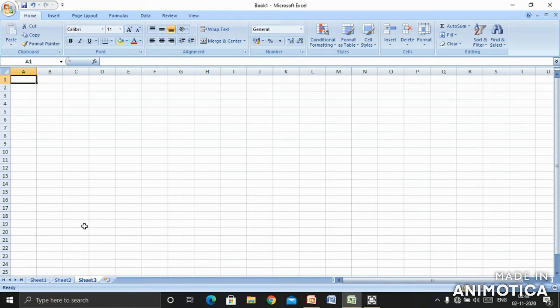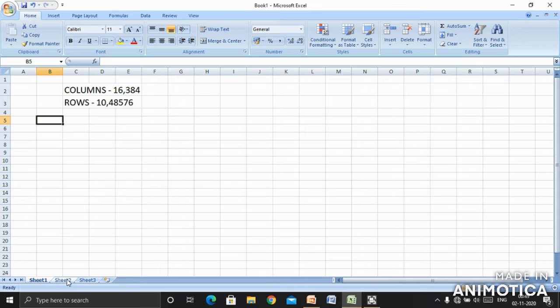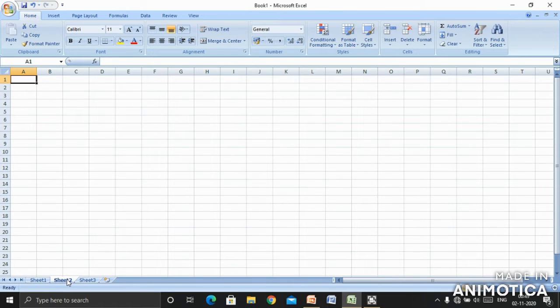So now let us understand the calculation. Let us move to sheet 1, and now to sheet 2. You can increase or decrease the sheets by clicking on insert worksheet, or the shortcut key to insert a worksheet is Shift plus F11. First let us understand how to enter data into the working area. The cell name written in the name box shows we are in column A and row 1.